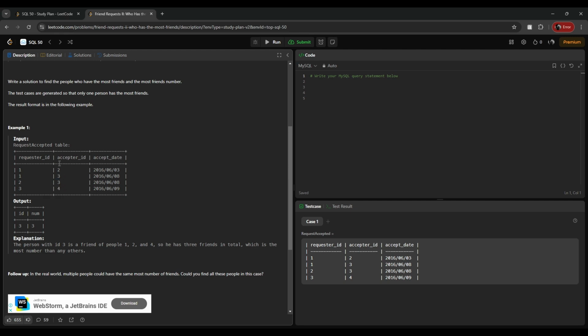So we need to sum both the requests received and the requests sent for each user. Only then will we find out the number of friends each person has. So for that we can simply select requester ID as ID, comma, count requester ID as num